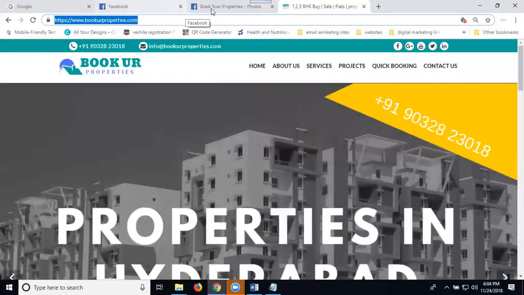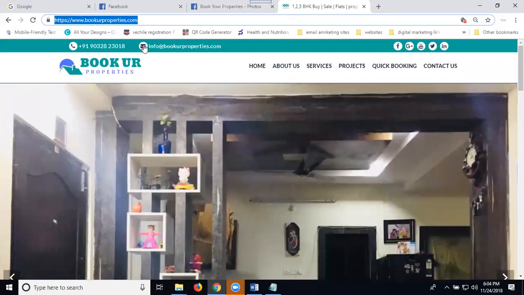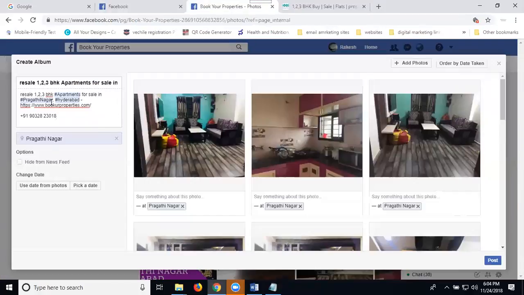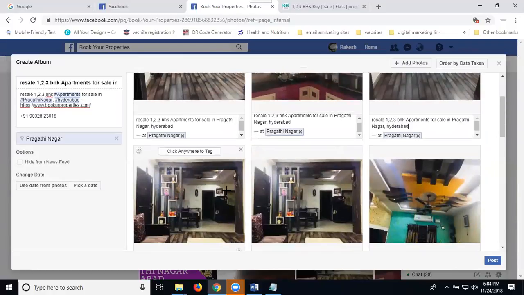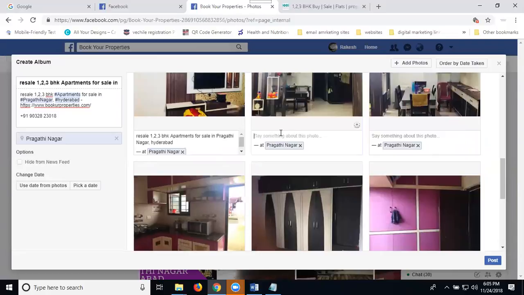After that, select your website and add your phone number. What title are you writing? Just don't forget to give the name. This name is called the alt name for SEO. Image name is for Facebook. Alt name for SEO, image name for Facebook. Select your image names with your album name.